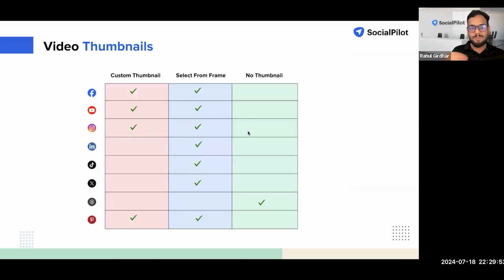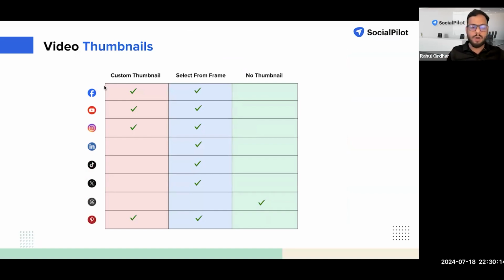Now, one of the important things that we discussed about videos and that can actually make a difference in deciding whether I'm going to view the video or not is going to be about the thumbnail. So here is a quick chart. You can even take a screenshot of it so you don't forget to add a thumbnail to any of your posts in the future. First of all, let's talk about a custom thumbnail that can be created by me and